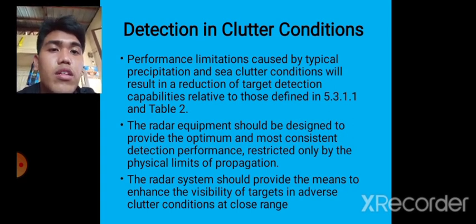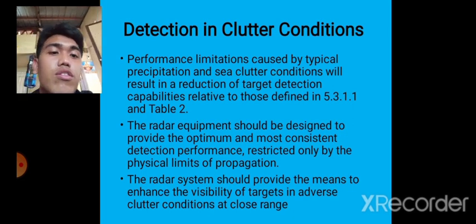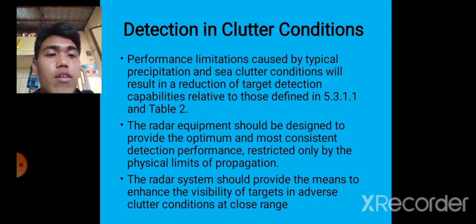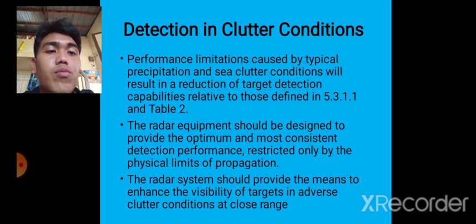That's why we need to strengthen the detection. The radar equipment should be designed to provide the optimum and most consistent detection performance. From the words themselves, optimum and most consistent detection performance, the radar should properly provide